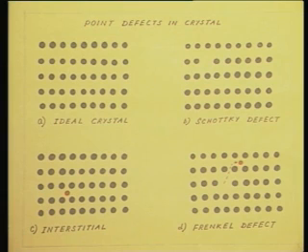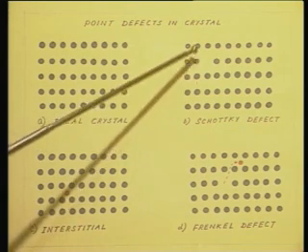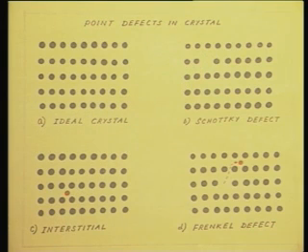I have a void instead of an atom here. I have a vacant site. In this lattice site, one atom should have been present, it is not there. So, it is a vacancy. It is also called a Schottky defect. Now, as I have said, each atom is bonded to its 4 nearest neighbors. So, in order to create a vacancy, you have to break 4 bonds. The creation of a vacancy is associated with some activation energy. You need to expend some energy in order to break these 4 bonds. The order of this energy will be about 1 to 2 electron volts,